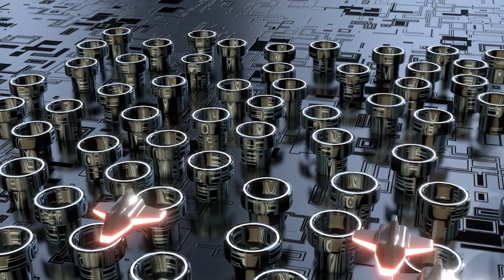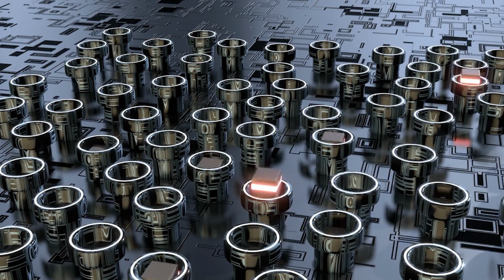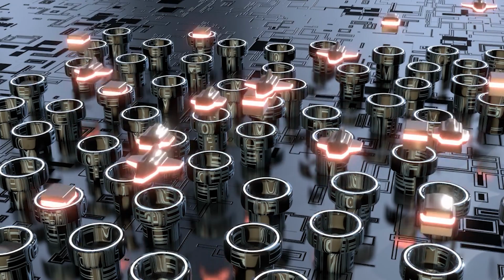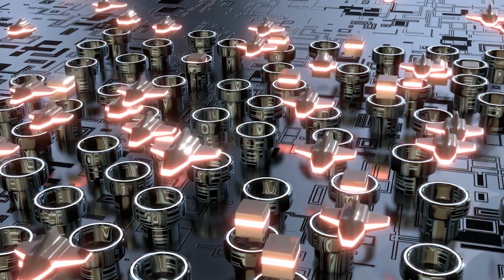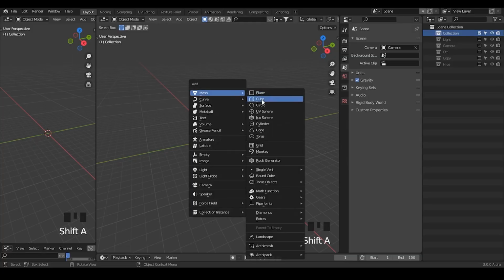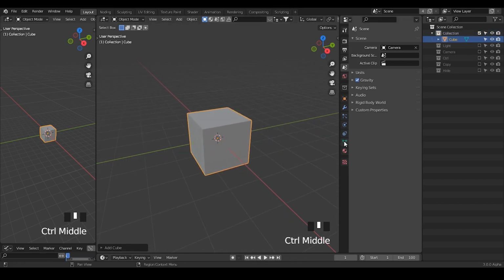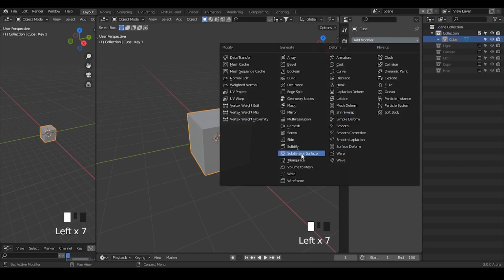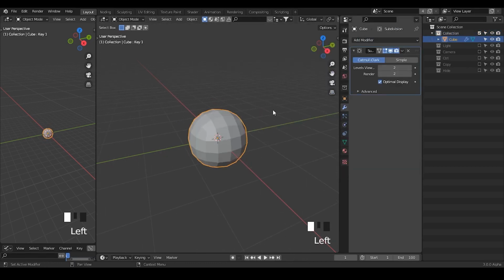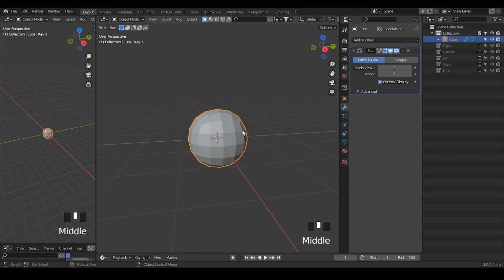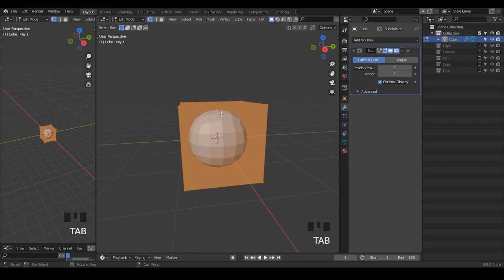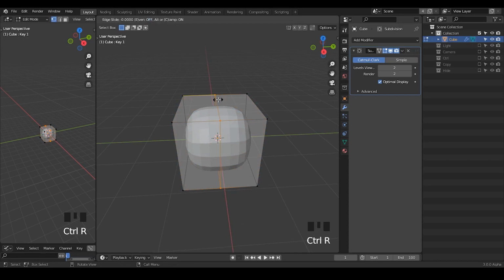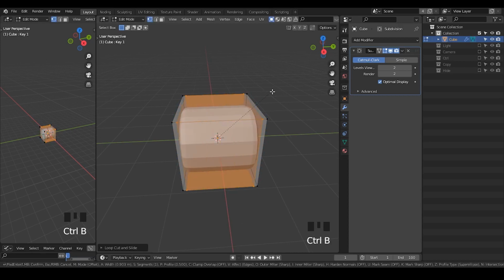In this case, I do not want to investigate too much about that, so we will just skip that for the moment. So let's start. The most important part is actually the modeling, and I'm going to model with shape keys. So I added two modifiers, and I'm going to add a subdivision surface because I want to smooth them out instead of having any kind of trouble later. In this case, I'll probably just keep that as a sphere. First thing I'm going to do is to add several loop cuts